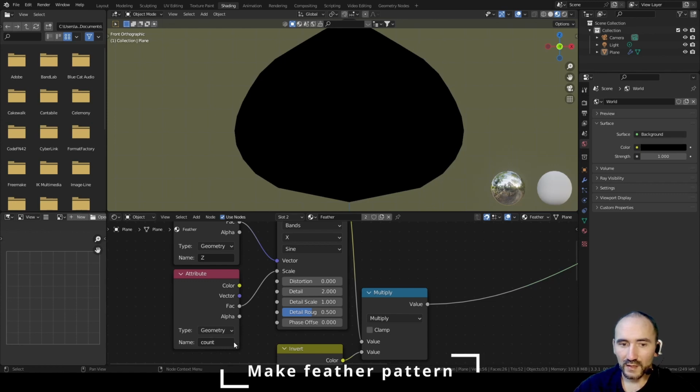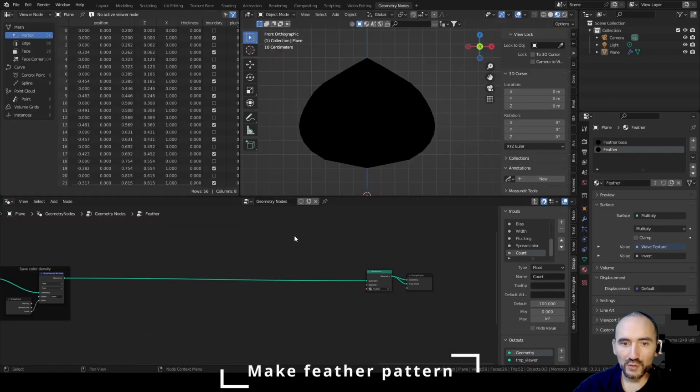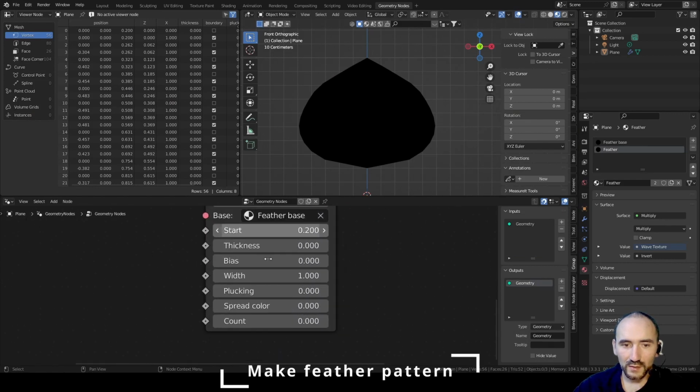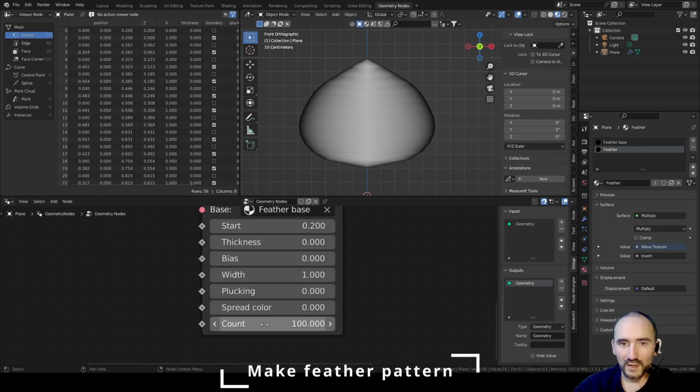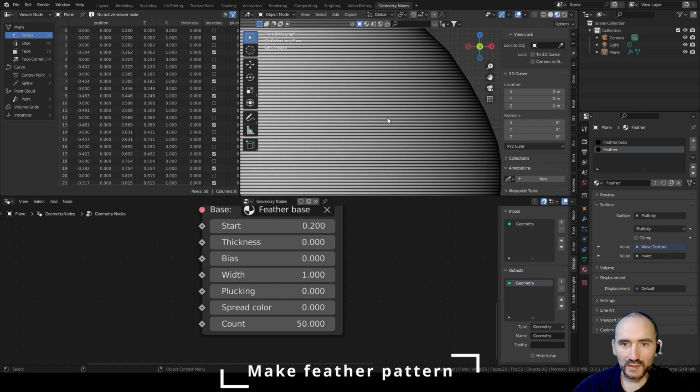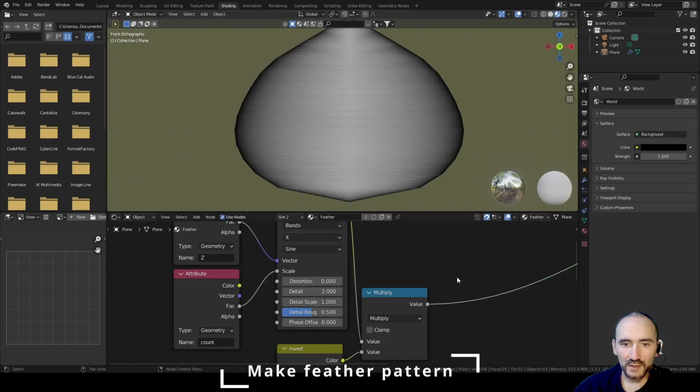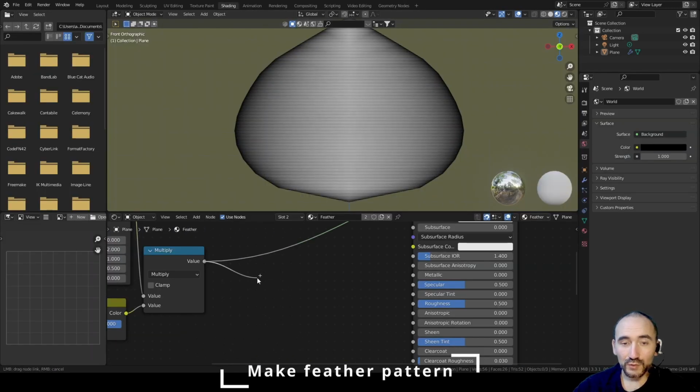So I don't have a count, so I need to go in the geometry nodes tab, go here and count, set 1000 for example, so 50. You can see these in the shading editor. This is the result, and I don't want to have a smoothness, I want to have a hair with a